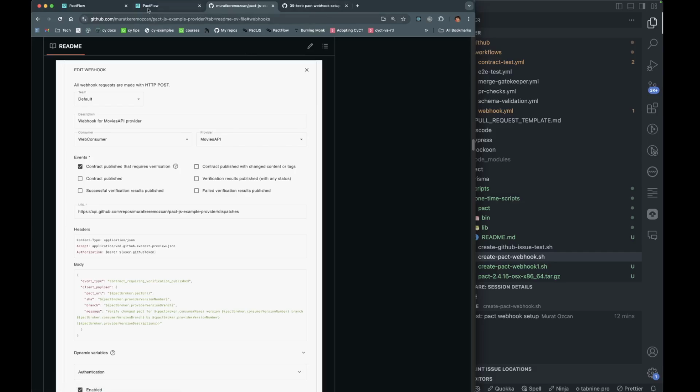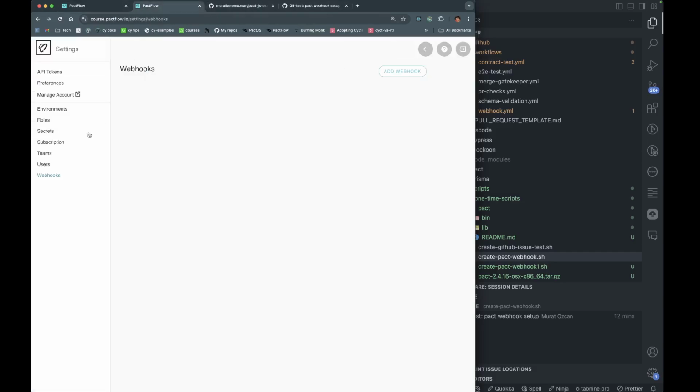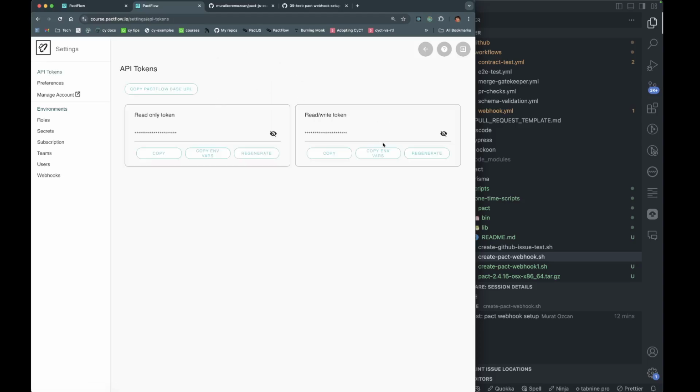The only thing you have to make sure is your personal access token is going to be in the secrets. You're going to name it GitHub token. I'm just going to add it here. It's going to exist. This is the only requirement. You know that we are getting the API tokens in our env files and CI from over here. So now if we go and look at the